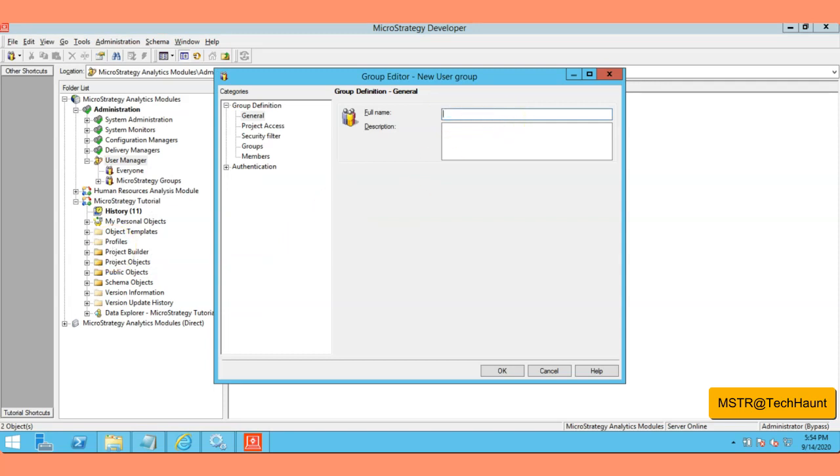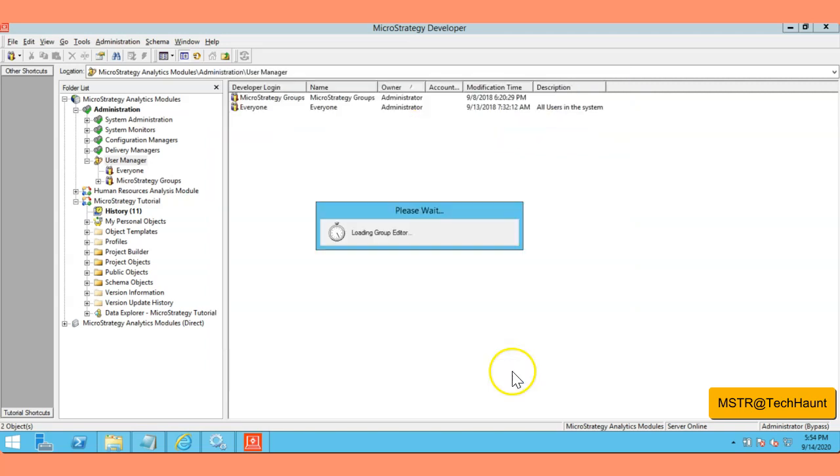You can enter any group name here, and let's say we give the developer group. Whatever developer users we have in our application, we are going to add them into this developer users group.